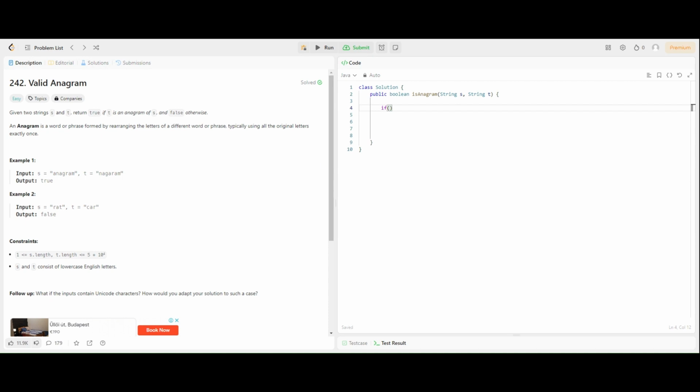So we know that these two strings won't be an anagram if their lengths are different, right? So if s dot length is not equal to t dot length, then we return false. Now that we know that the lengths are the same, we can iterate through s, but before I do that,